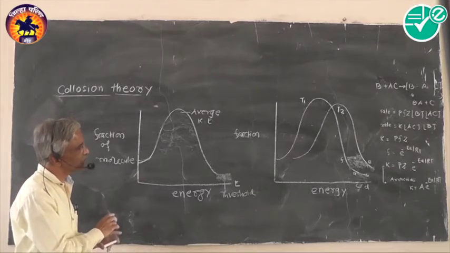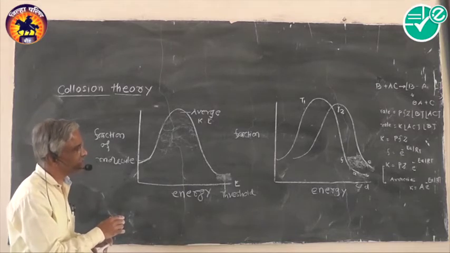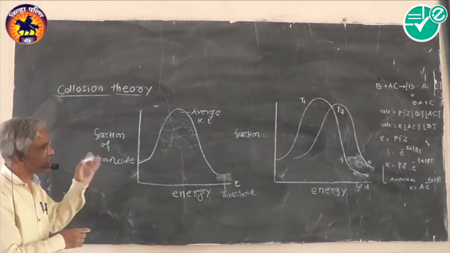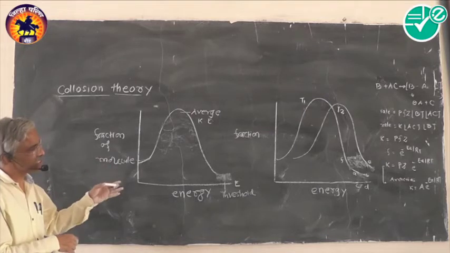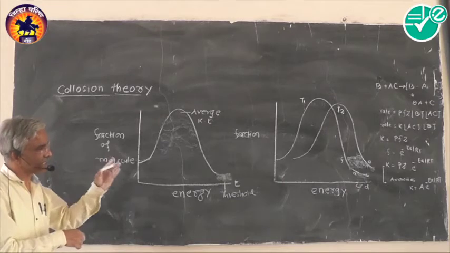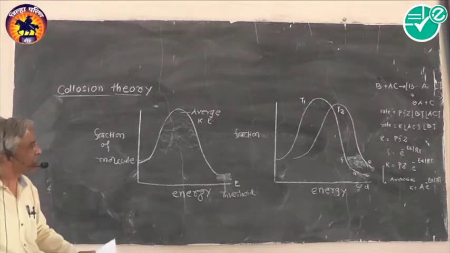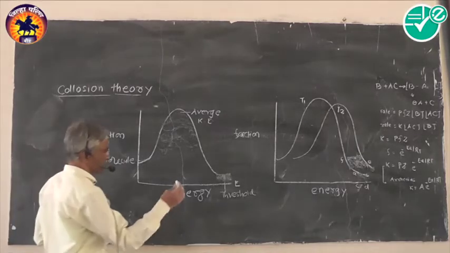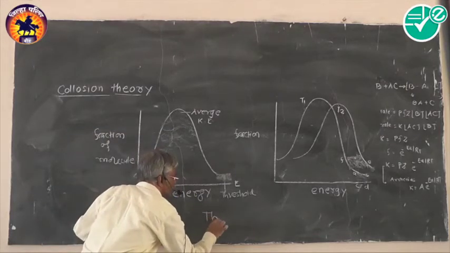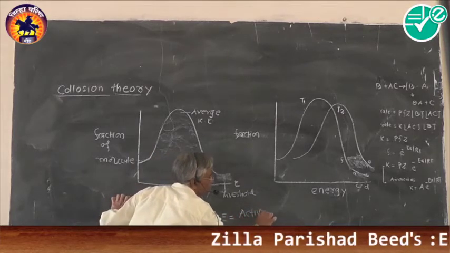While when temperature is increased, then the shaded area increases from FCDE, and thereby with increase in temperature, the average kinetic energy increases. It increases the effective collisions with a proper orientation, and that we call an increase in the threshold energy. And therefore we can write threshold energy for understanding our activation energy and the concept of this average energy like this. I will write in short: threshold energy is always equal to activation energy